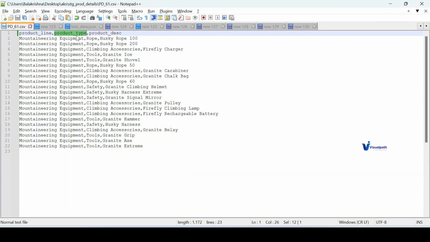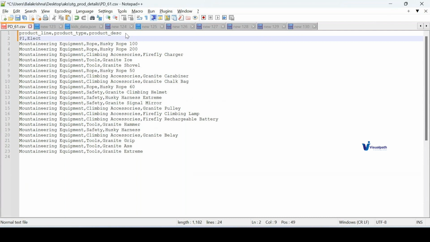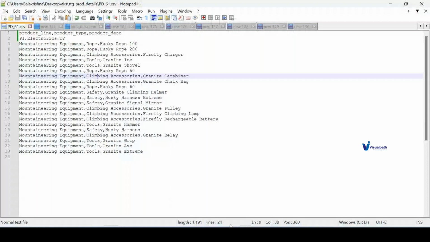So let's say there is a product called P1. It comes under electronics. Let's say you're trying to purchase a television. So this is one of the CSV files, structured comma separated value. This is called a structured format. So if you see any files with CSV, that is a structured format. If you see a table, that is a structured format. You have one more thing called